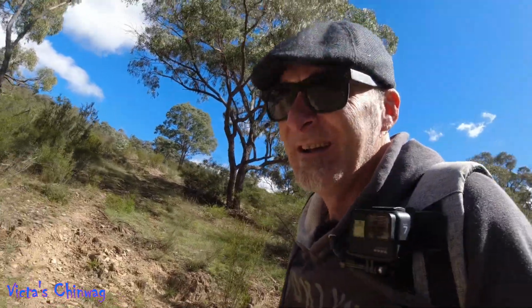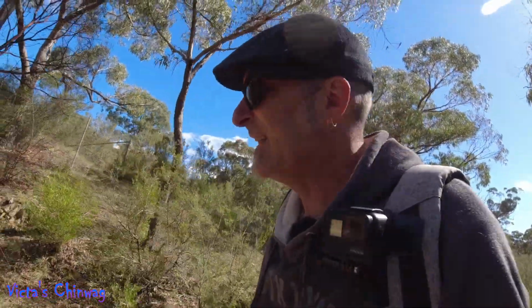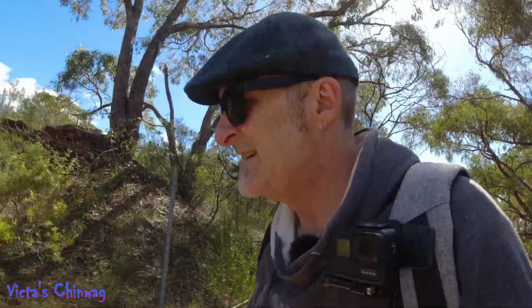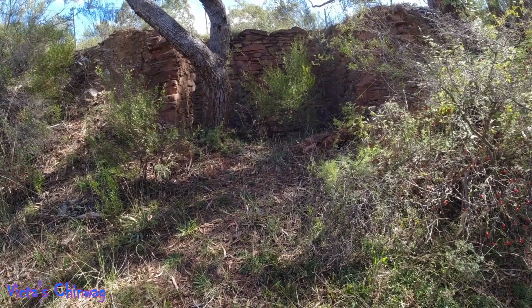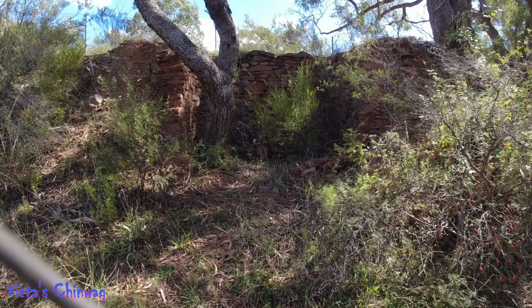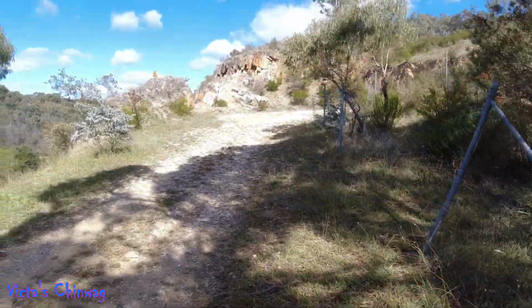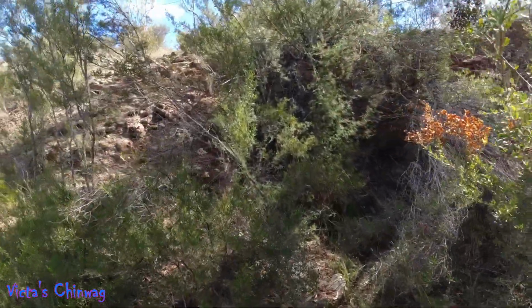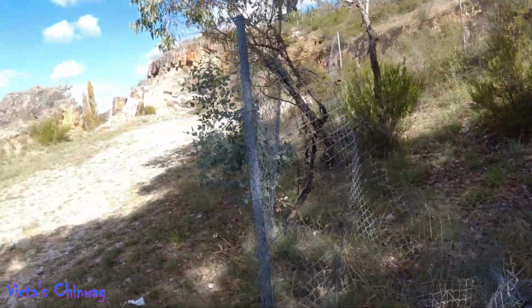Actually, I think this up here, there's something else I was going to try and show you. If it's still here, that is. May not be. Yep, they still are. Okay. Looks to me as if once upon a time there was a kiln. Now what they used the kiln for, I don't know. But there it is, definitely man-made, with the rocks set into the side of the hill, as you can see there. Because there is, as I said, a bit of a quarry there, and there's another one, I think from memory. Bit hard to see that one, but see the rocks are actually placed there. So exactly what they were doing there, I don't know. But anyway,